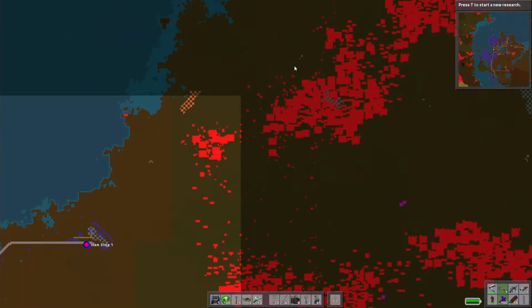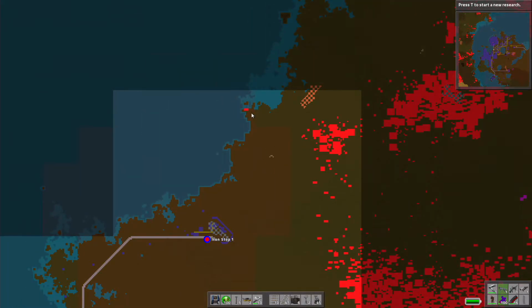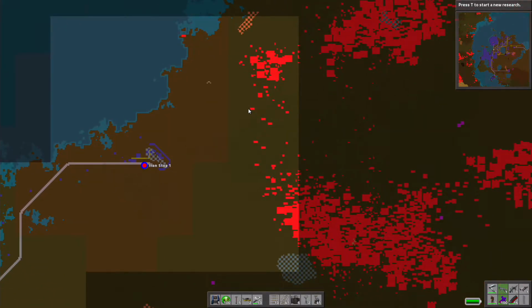And I haven't seen another attack. There was only a few biters that probably came here. Maybe the worm's like, oh, I'm getting spammed by pollution, go take them out. And they're like, sure thing. Anyway,